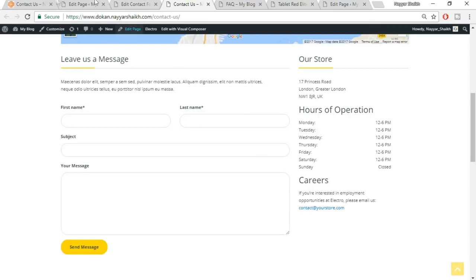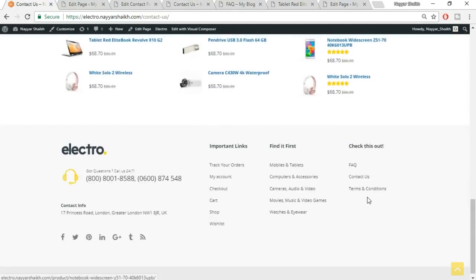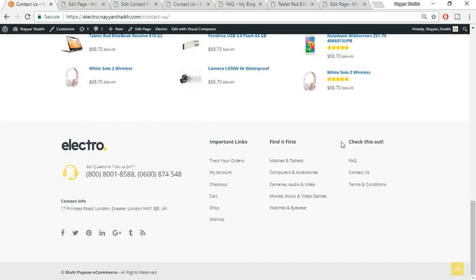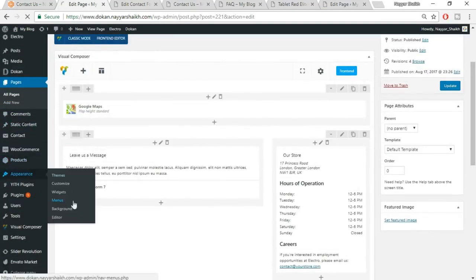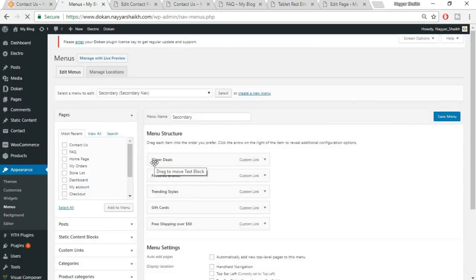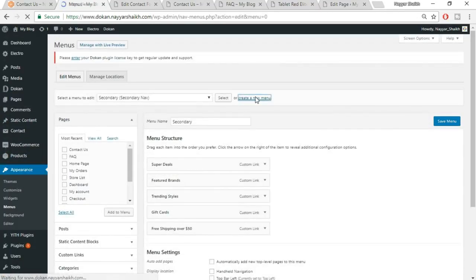Now let's add this menu over here. For example, if you see in this thing, we have to create a menu for this. First we have to create this menu. Okay, so let's add a menu. Come back to your dashboard, hover appearances, select menus, create a new menu,